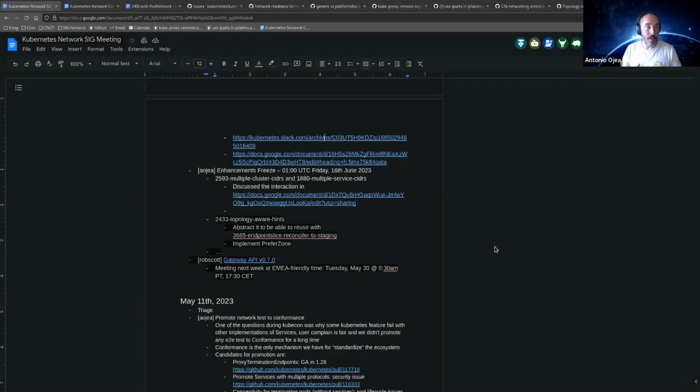So in-tree we offer a way of implementing the existing algorithm plus preferred zone using topology-aware hints, and we offer the opportunity to people that want to do more complex things to run their own endpoint slice controller with their own topology and make their own plugin. And that's the proposal that I'm drafting for moving this KEP to GA.